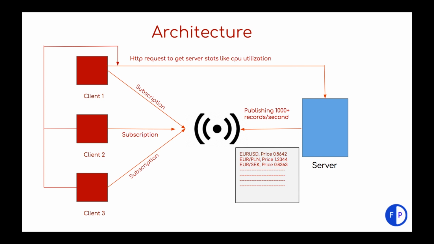It also exposes a REST API for server stats such as CPU utilization. Our client application, developed on the Angular framework, listens to the port for market currency data and gets server stats via REST API. The client application can perform CPU intensive work along with tasks we have discussed, like listening to 1000 records per second and displaying them on a grid. The client application has been developed on Angular 10 using WebSocket and WebWorker.